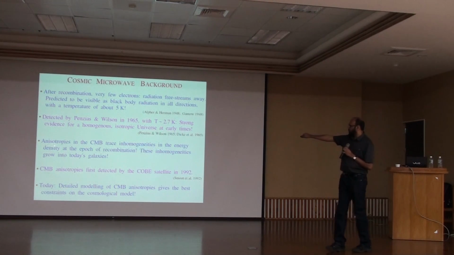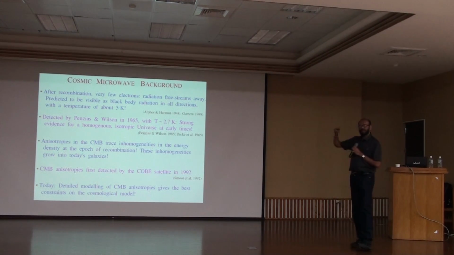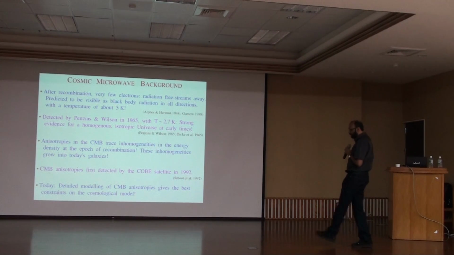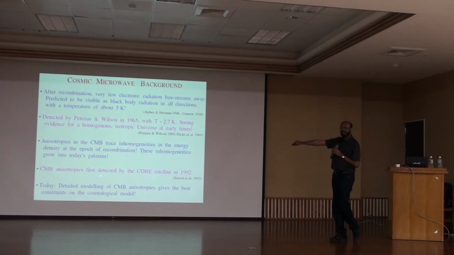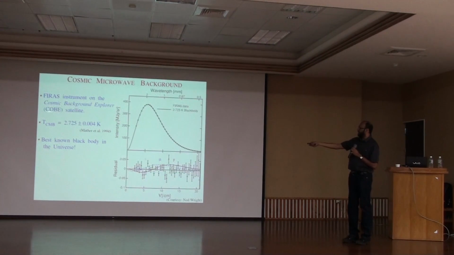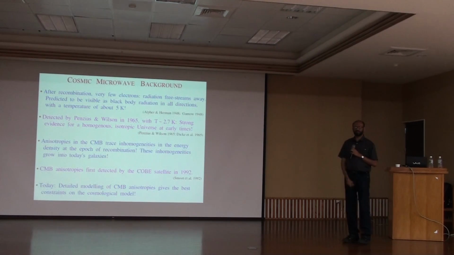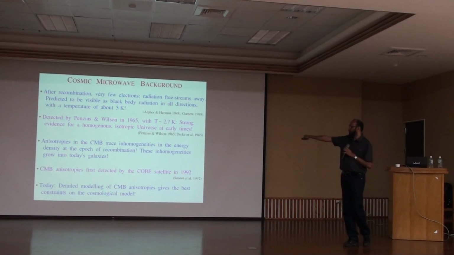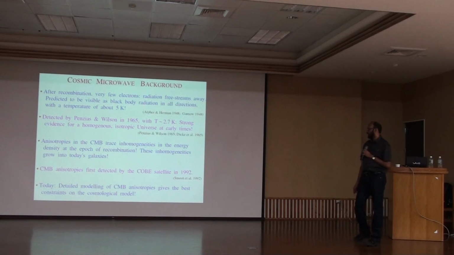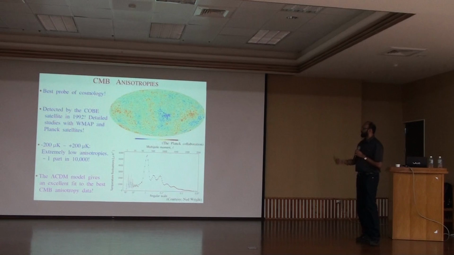And these anisotropies are tracing these slight non-uniformities in the density. And the wonderful thing is that these anisotropies were first detected by the same satellite, the Cosmic Background Explorer, in 1992. And this was another thing which got the Nobel Prize. Both of these discoveries got the Nobel Prize. Let me show you what that looks like.